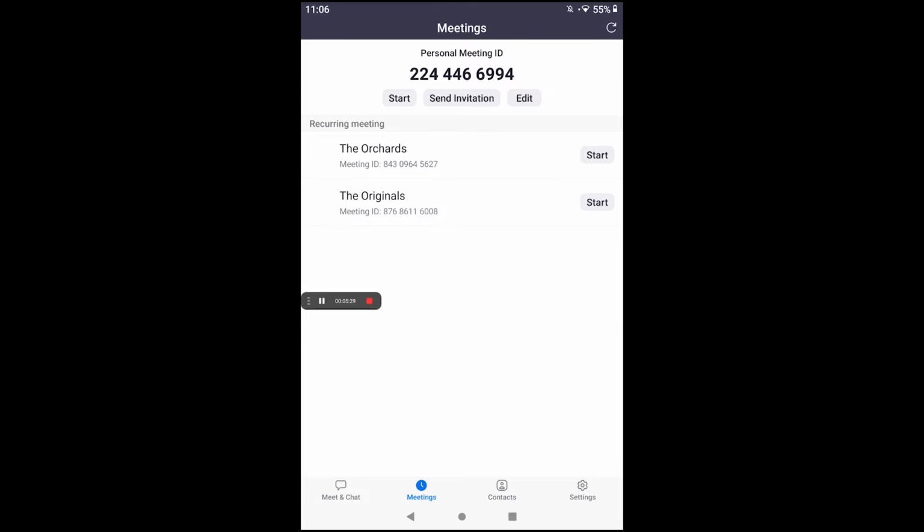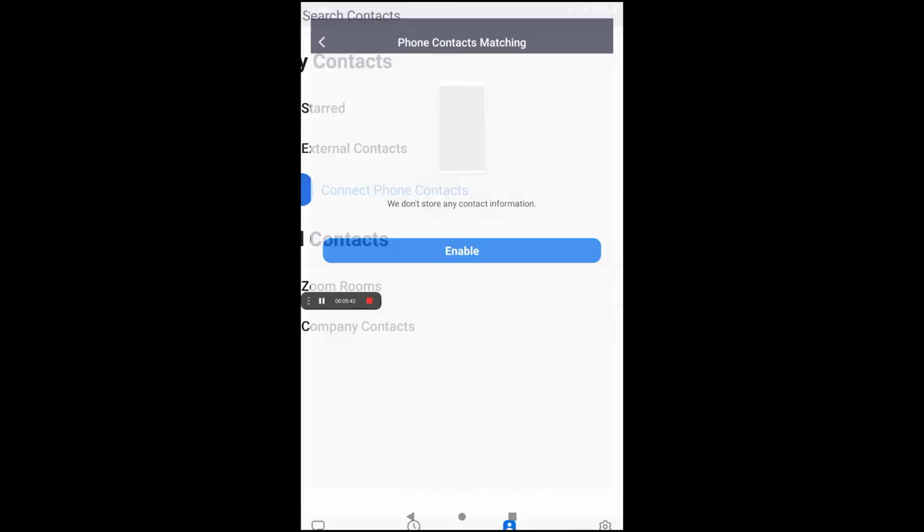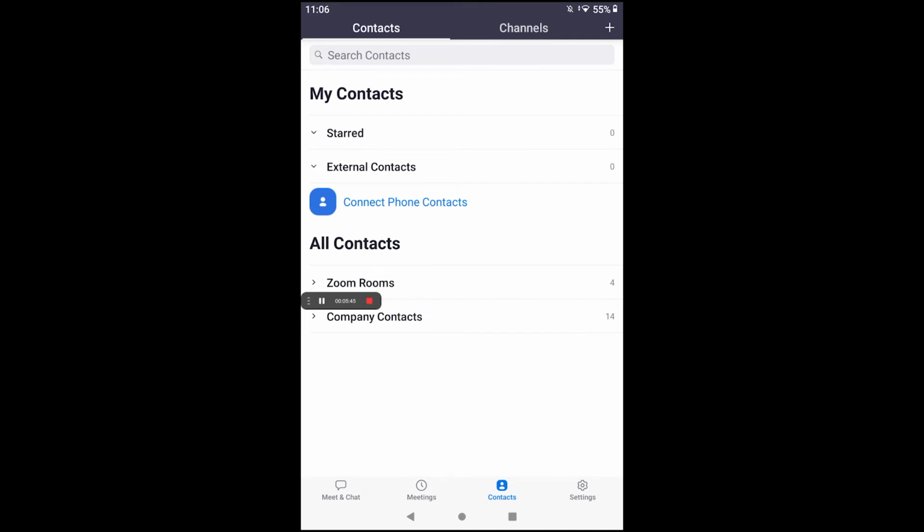Then we have contacts, and in your contacts it says it doesn't have any contact information stored. So if this was on a phone, you could enable and sync your phone to your device and have your contacts from your phone. Okay, I'm just going to go back to the Meet and Chat homepage, and from here,